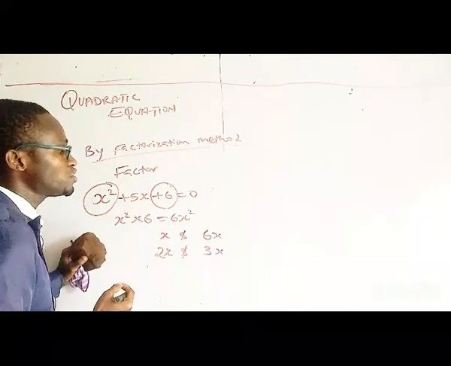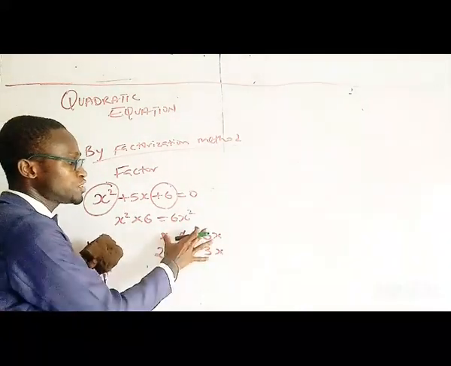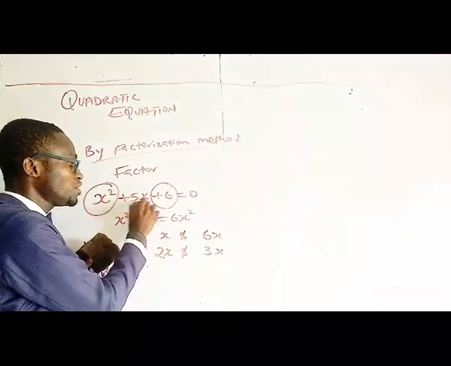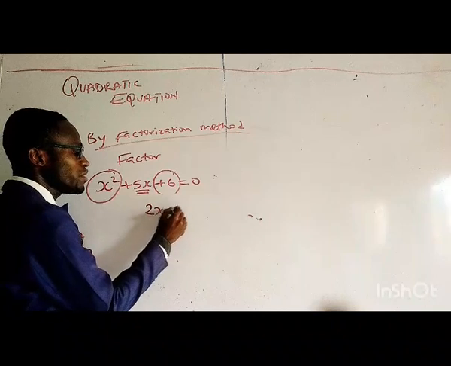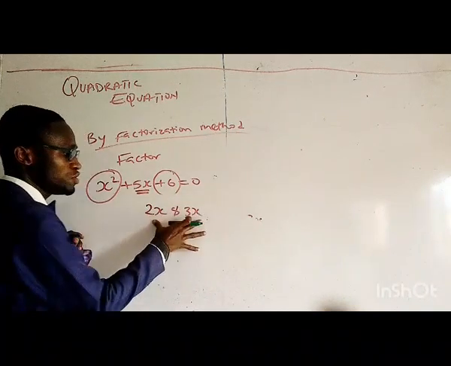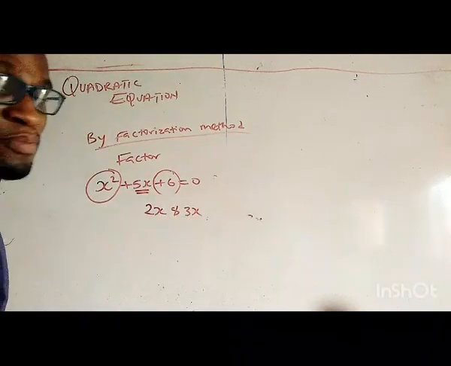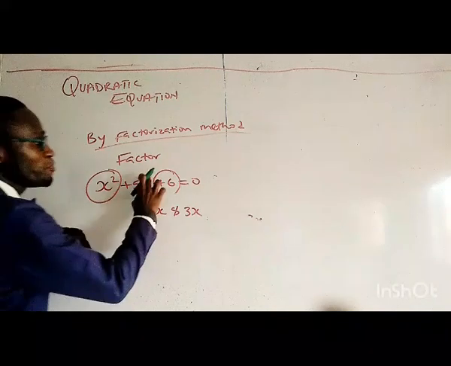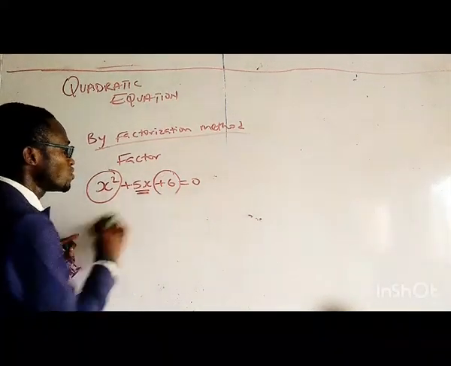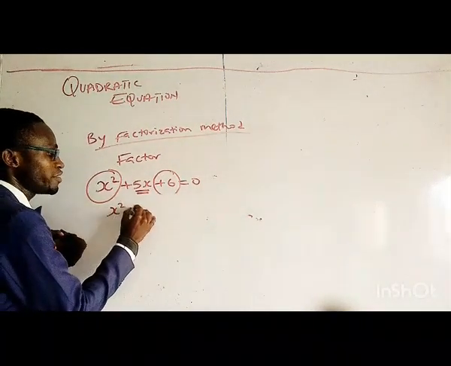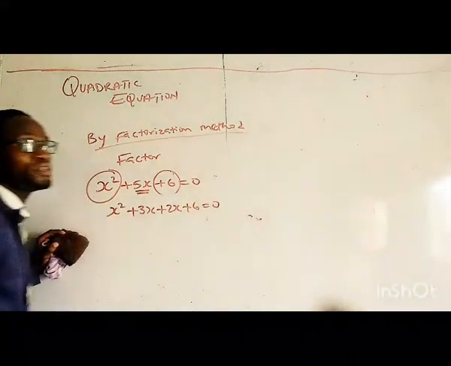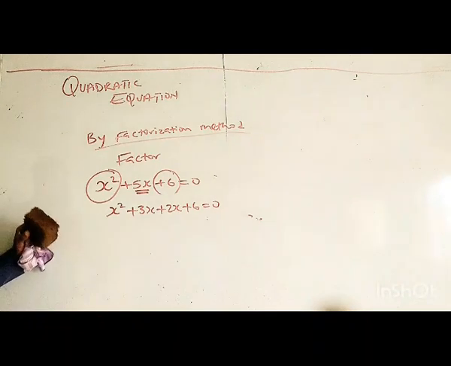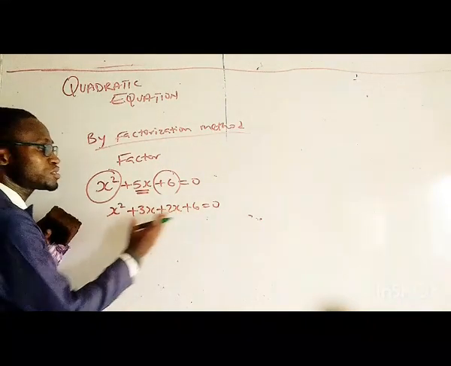So now what we're going to do is look at which of these combinations is going to give us the linear component. So we have 2x and 3x. These 2x and 3x are the best factors that can replace 5x. So we go this way: x squared plus 3x plus 2x plus 6, giving us 0. So what we'll do is that we'll now